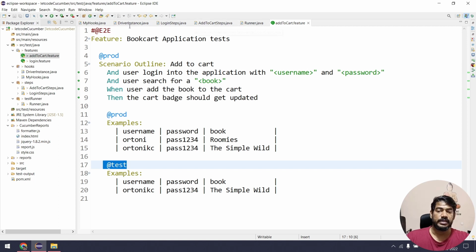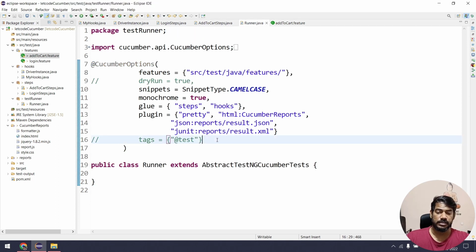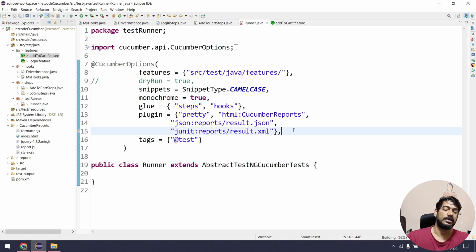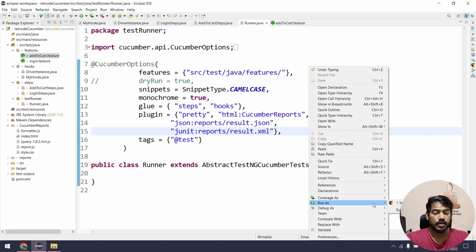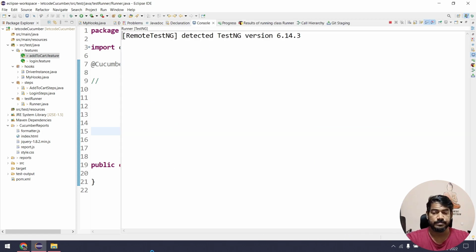So if I go to my runner file, here I can introduce this tags, and within the tags I can give like @test, so it will execute only that particular test. Okay,